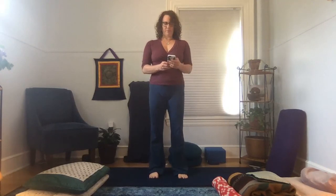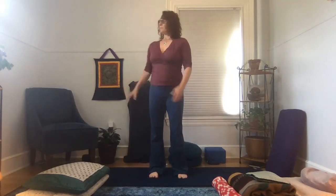Take a moment to settle into the earth with your feet and just energetically. Allow the crown of your head to rise up toward the sky. And be like a mountain here, rooted. And you may feel a small dance in your body. Allow yourself to arrive in this standing pose with deeper breaths